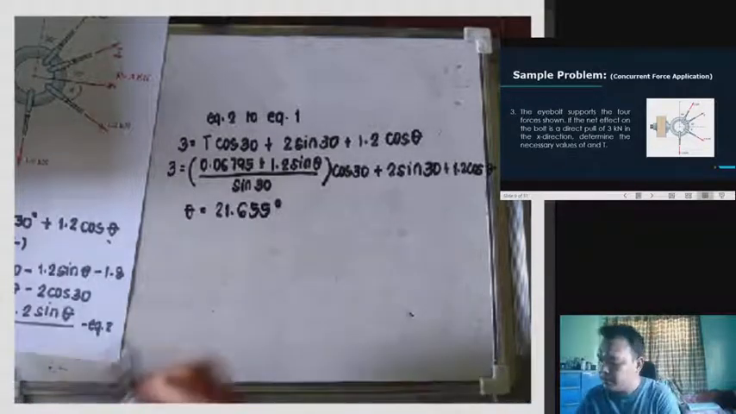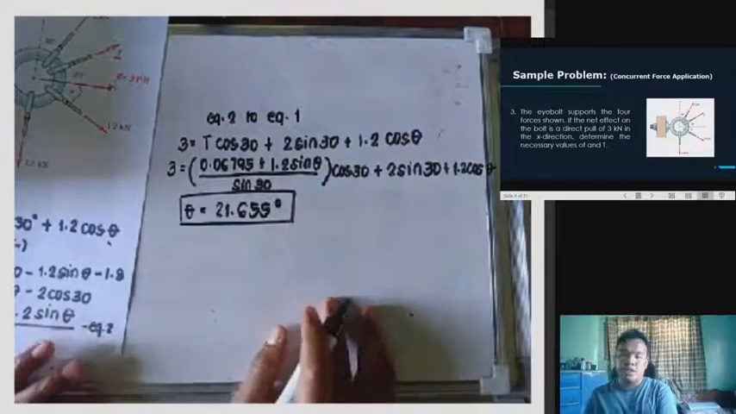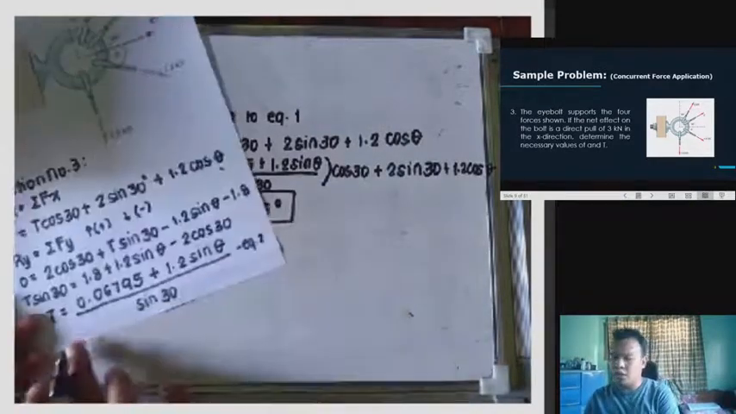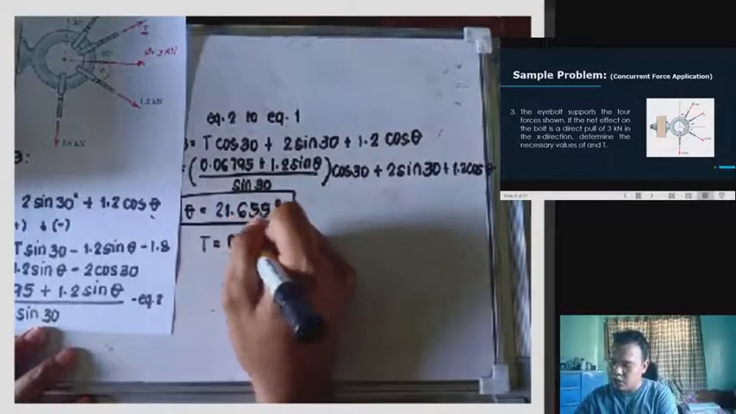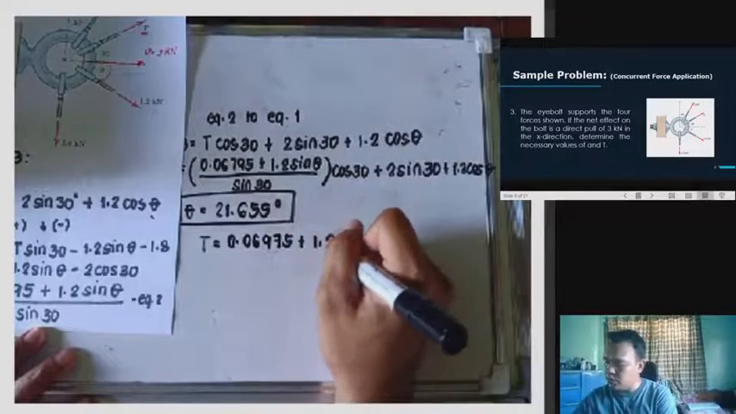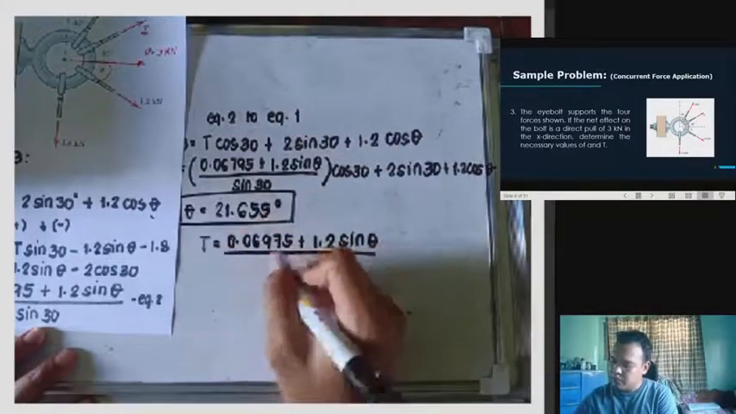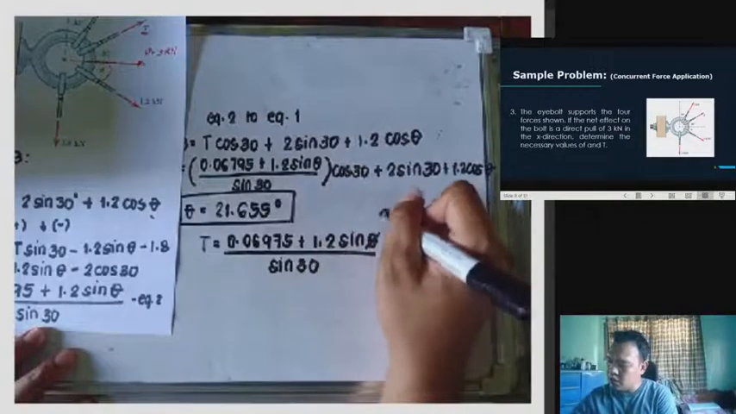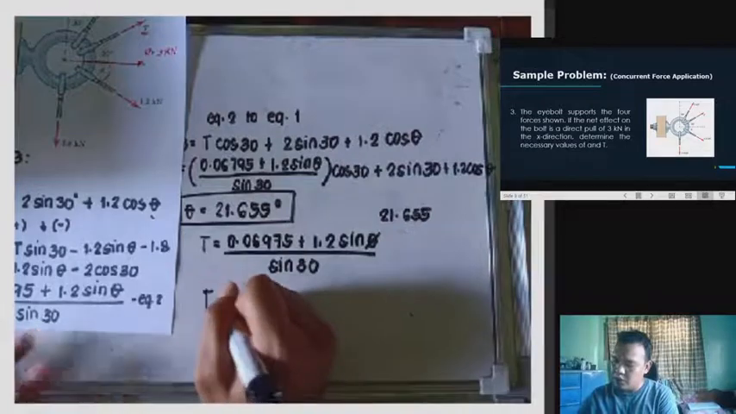21.655. So we have here angle theta, which is 21.655. Then to get the value of t, so substitute lang natin to dito sa equation 2. So we have here t is equivalent to 0.06975 plus 1.2 sine theta all over sine 30. And we all know that the value of theta is 21.655. So t is equivalent to